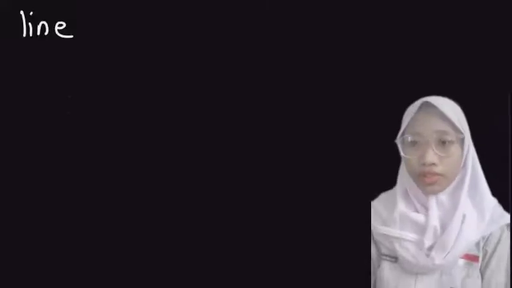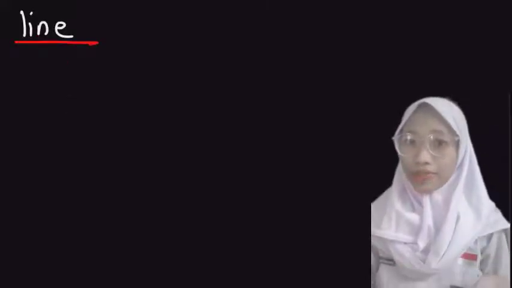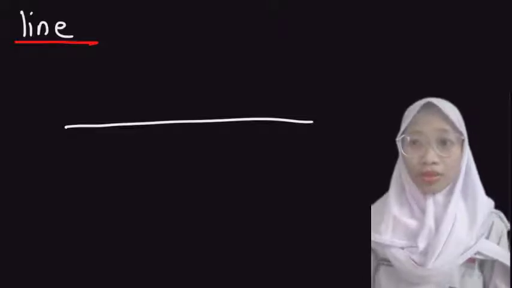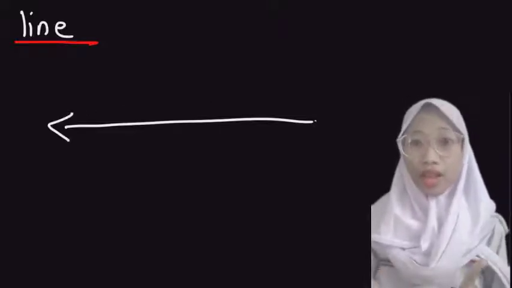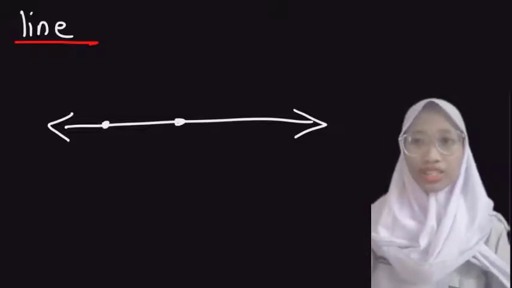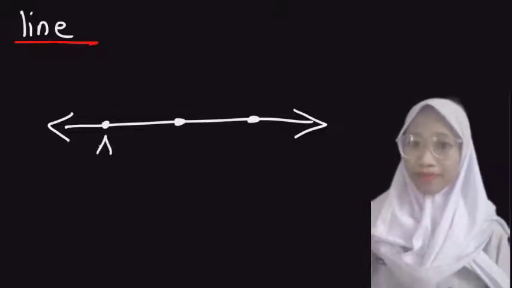In this lesson, I'm going to offer some basic concepts in geometry that you want to be familiar with. The first thing we're going to talk about is the line. What is a line? Many of you may think of a line as just something that looks like that. But in geometry, a line has two arrows, so it extends in opposite directions forever.